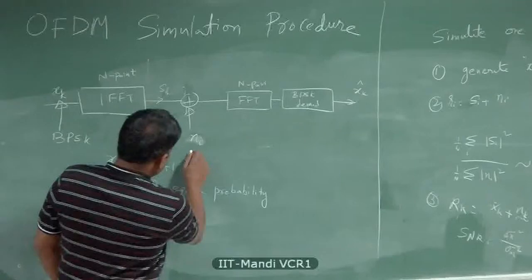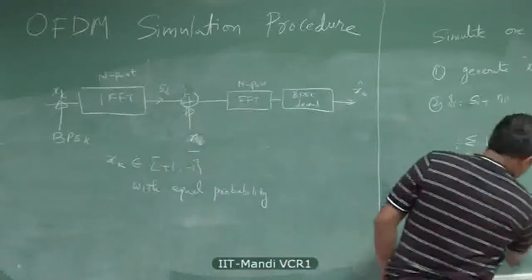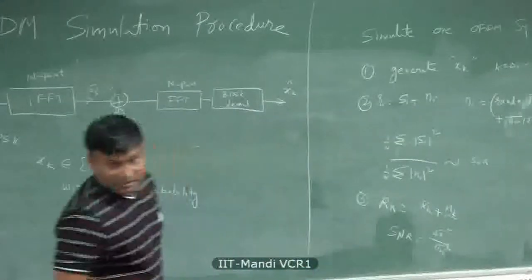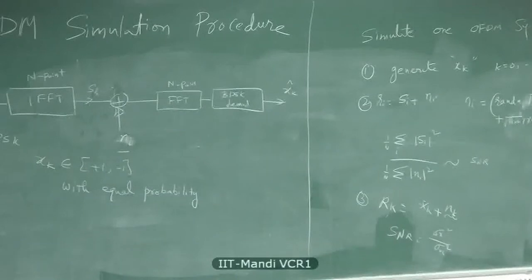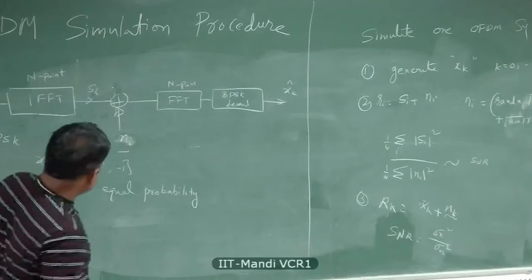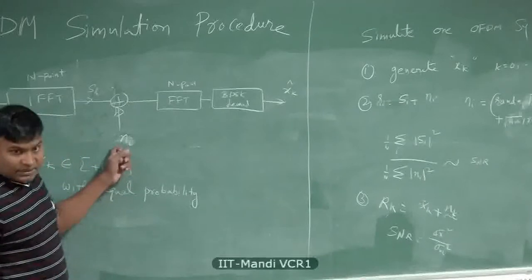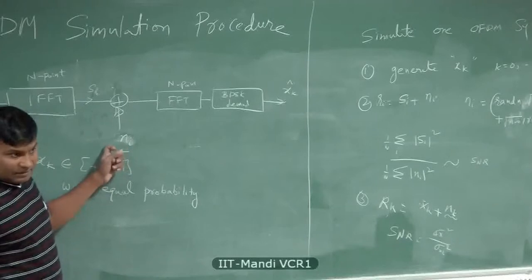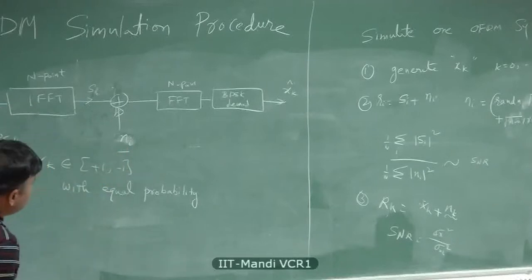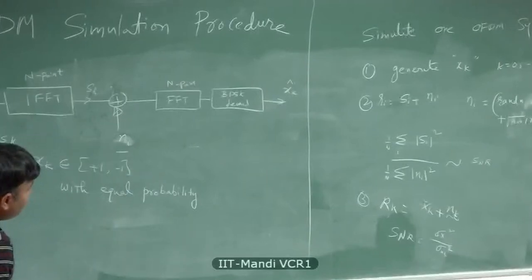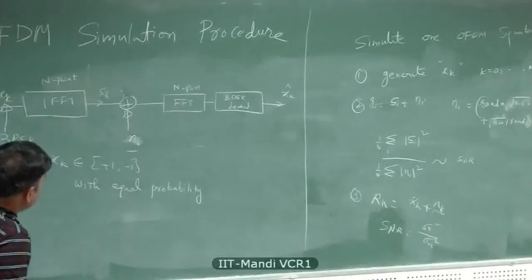Check the variance of n of I and n of k. What is the variance of n of k? That is n times sigma n square. Is that what it is, after the DFT? Should be, right? That means this variance should be 1 over n times. And if x of k has unit power, then s of I should have 1 over n.